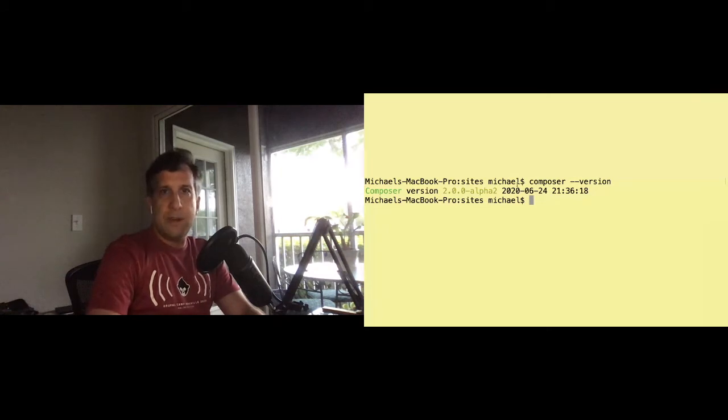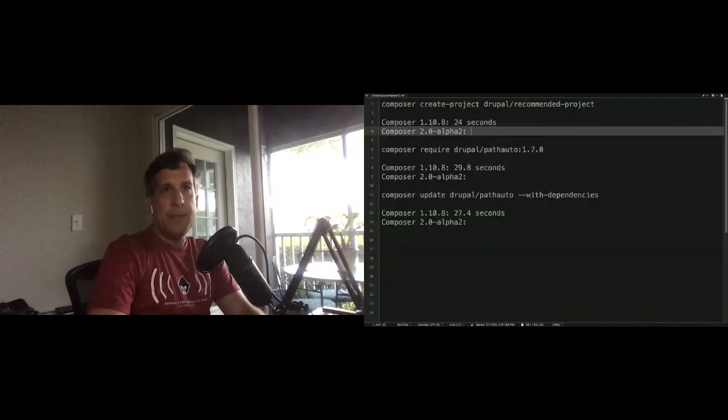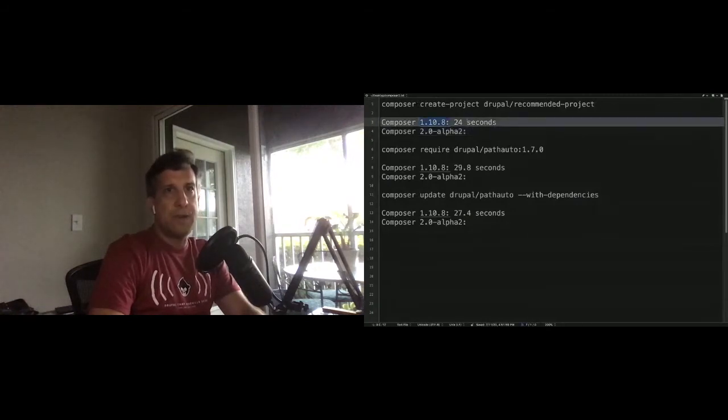So I've started this little document, and I ran Composer create-project, Drupal recommended project on Composer 1.10.8, and on my machine that took 24 seconds. Then I required an older version of Pathauto, and that took almost 30 seconds. And then I updated that version of Pathauto, and that took 27 seconds, all on the current release version of Composer. So I'm going to redo all those things